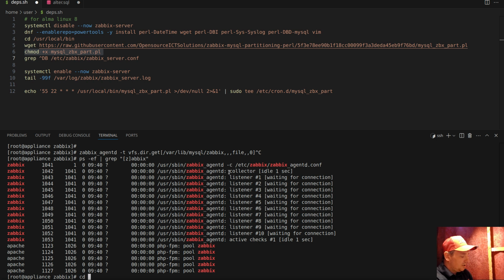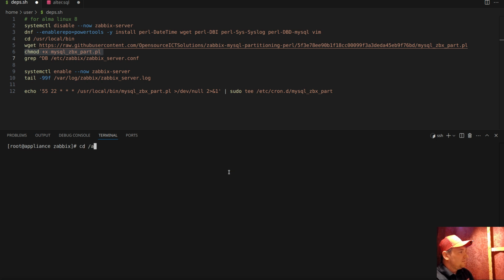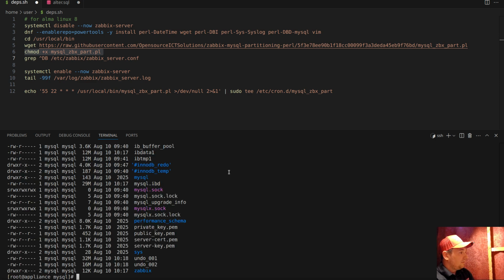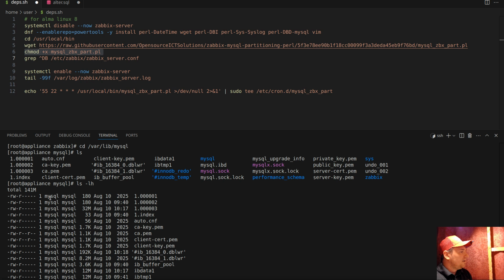cd, let's clear the screen actually. cd /var/lib/mysql, and if we list all the files, we see all the files here belong to the MySQL service user. So by design, it's quite a challenge to implement this